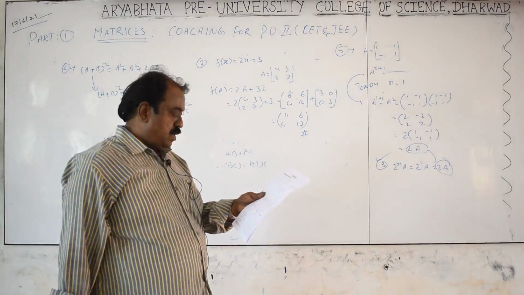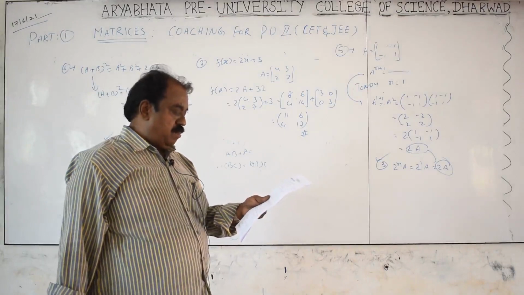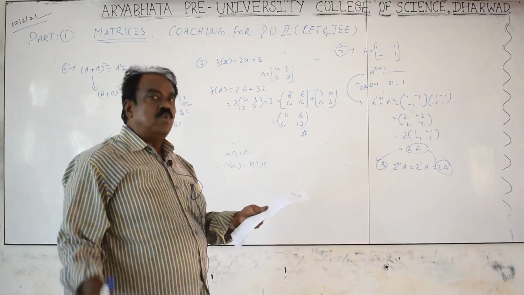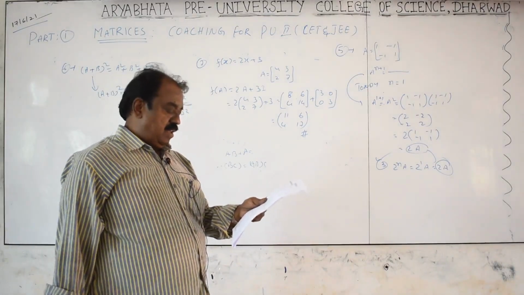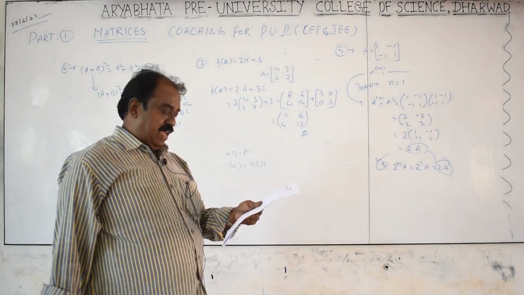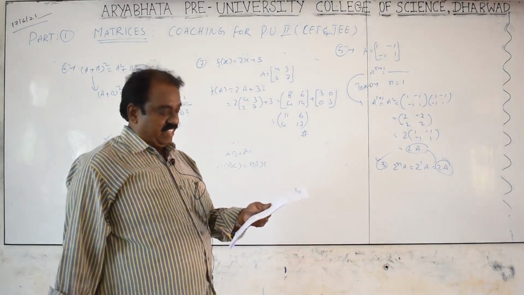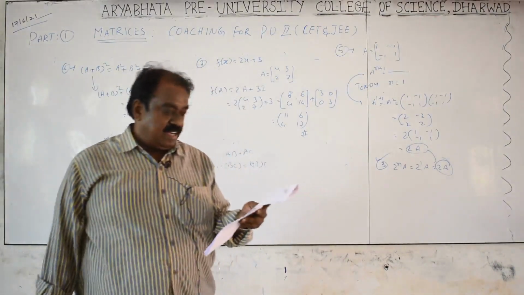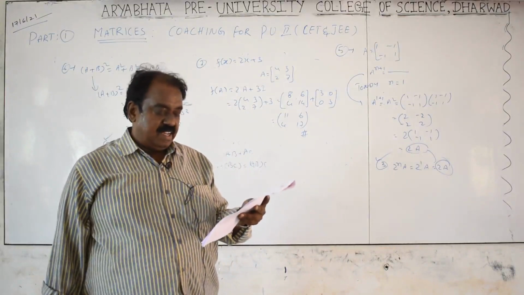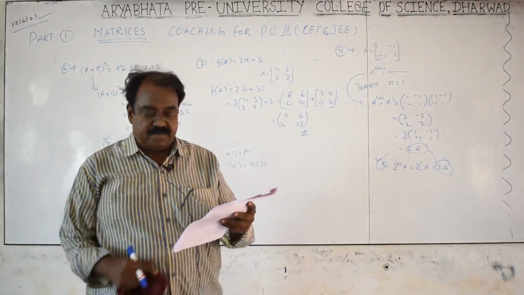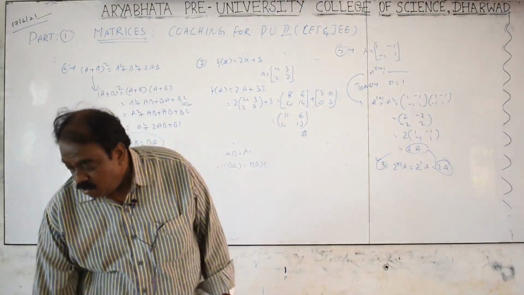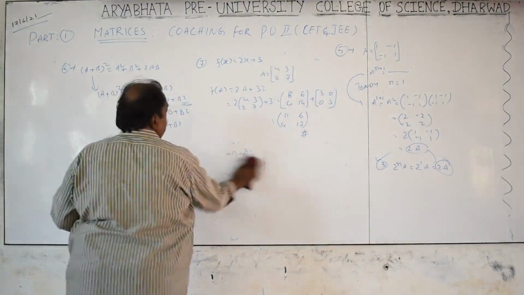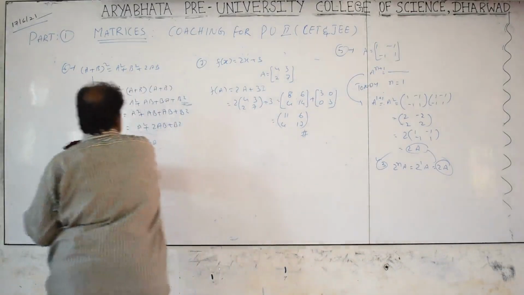Right. The eighth one: if A is an idempotent matrix, idempotent and idempotent, both are the same, the pronunciation is the only difference. If A is an idempotent matrix, then I minus A is dash. You see, it's a very nice concept. Identity, symmetric, nilpotent, idempotent. Okay? Which one is correct for I minus A? You see, here a very good concept is there. Observe me.